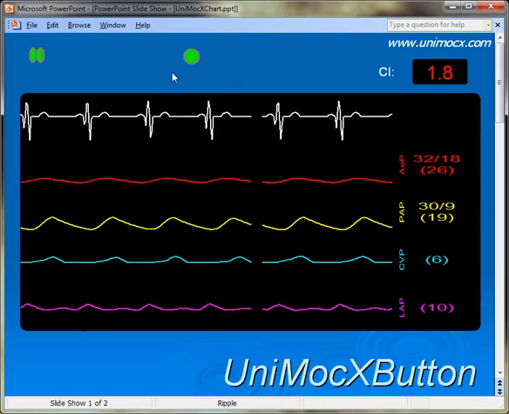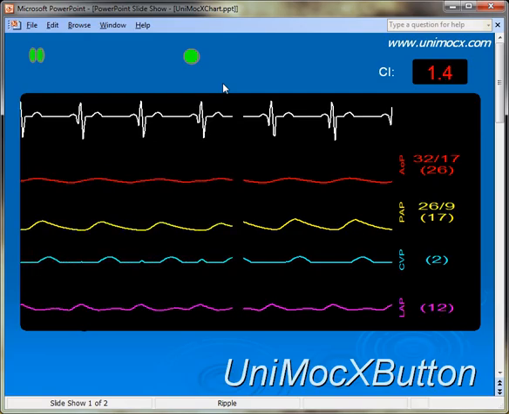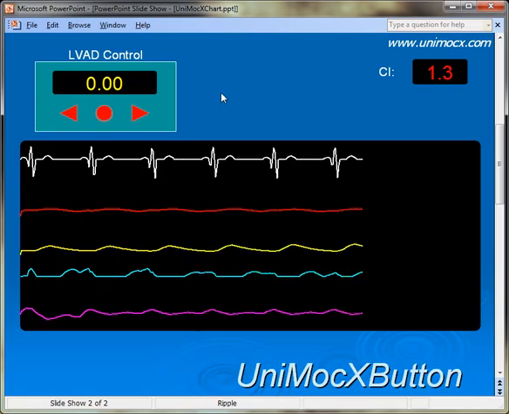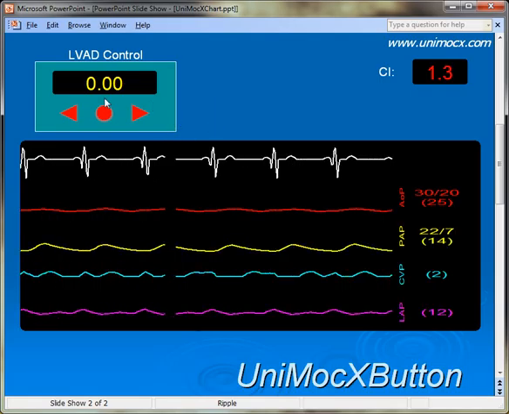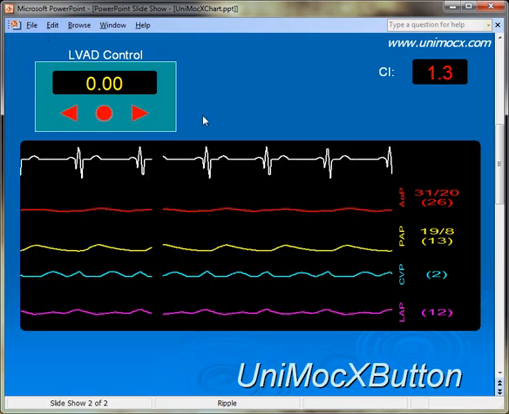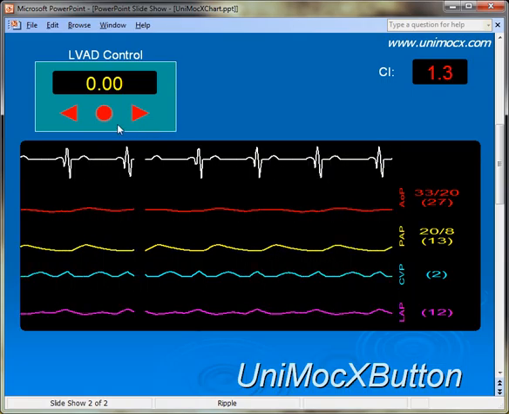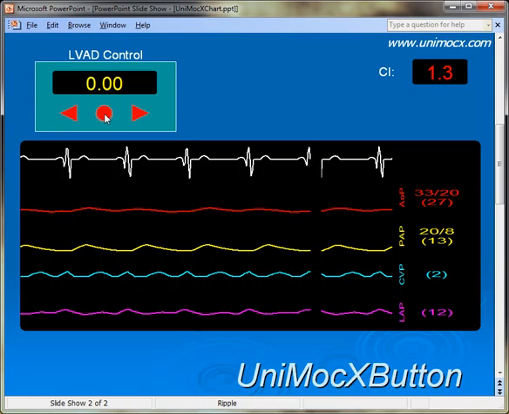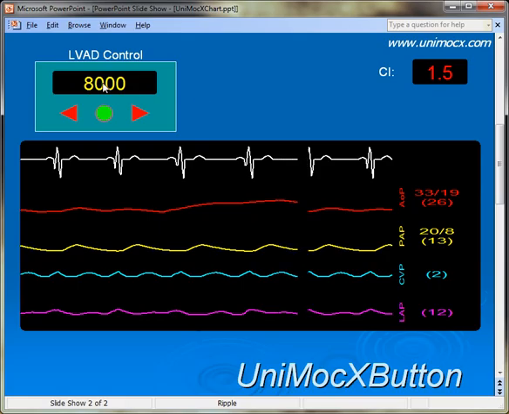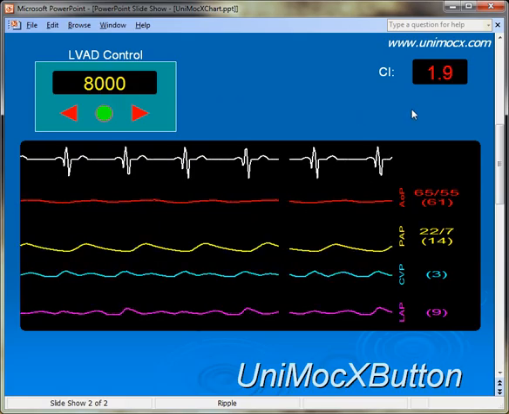And so this is essentially the use of these buttons. If we go to the next page of our PowerPoint presentation, we can see additional uses of the button controls. What we've done is we've made an LVAD control right here box, and so we can implant a Thoratec HeartMate 2 device simulated in this patient, and it initially starts off at 8,000 RPM, and you note that the cardiac